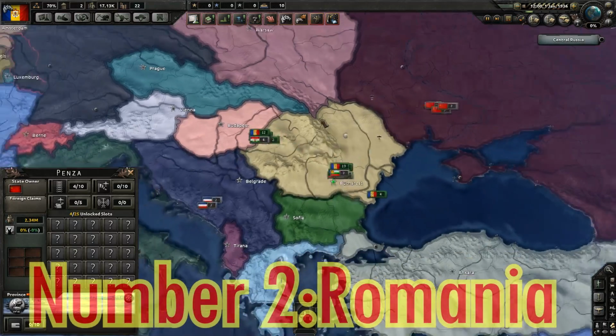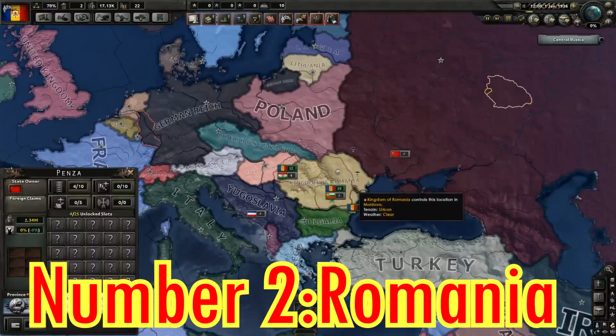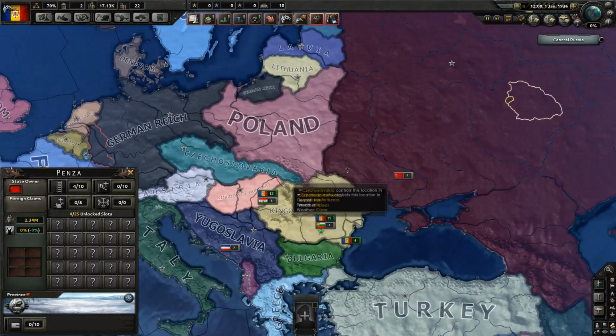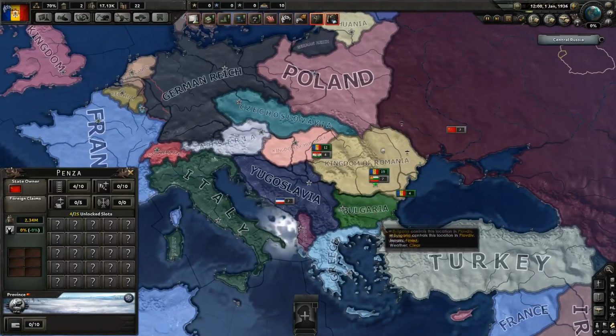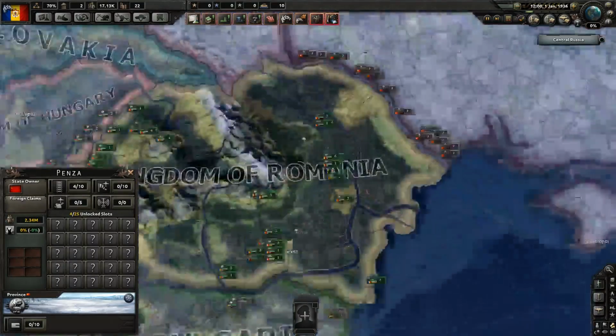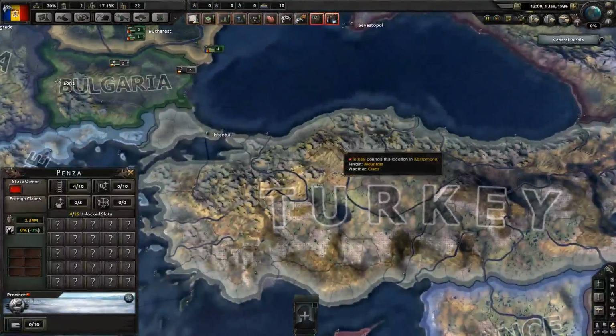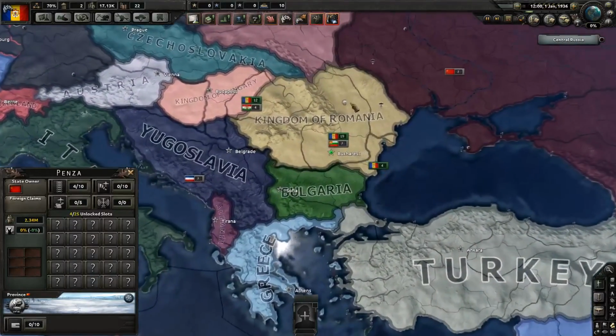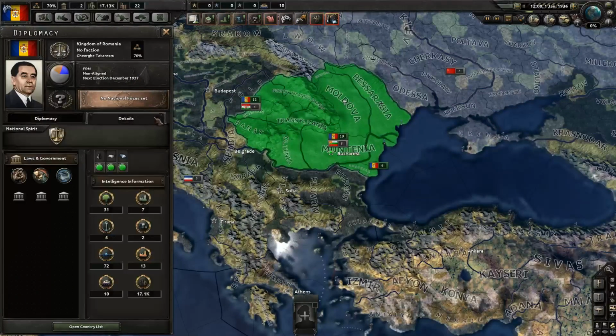So let's go into the next nation. And on number 2 spot we have Romania. Because of its multiple choices, you can either attack the Soviets, Poland, Czechoslovakia, Hungary, Yugoslavia, Bulgaria, or even try to naval invade Turkey, which will be a little bit of a challenge, but mainly Romania is a strong nation that can